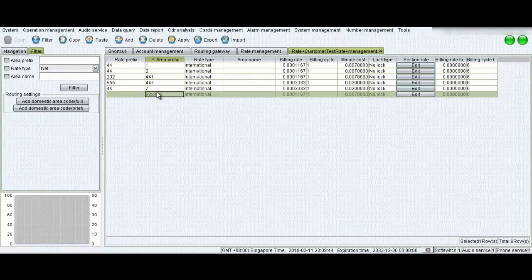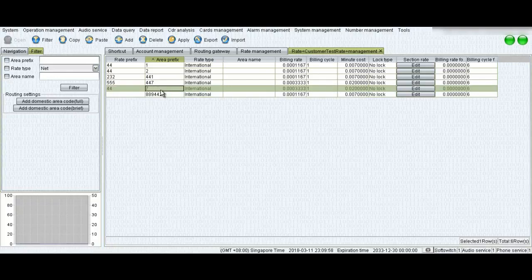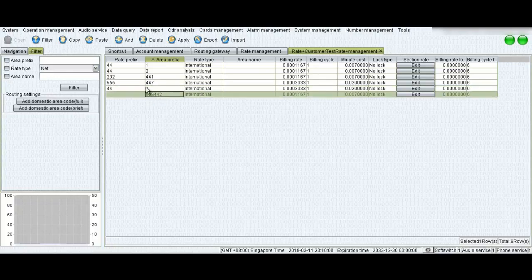I assume I have one more vendor providing me UK route with high quality. So for high quality I want to give a different prefix to my customers. For example, 889.